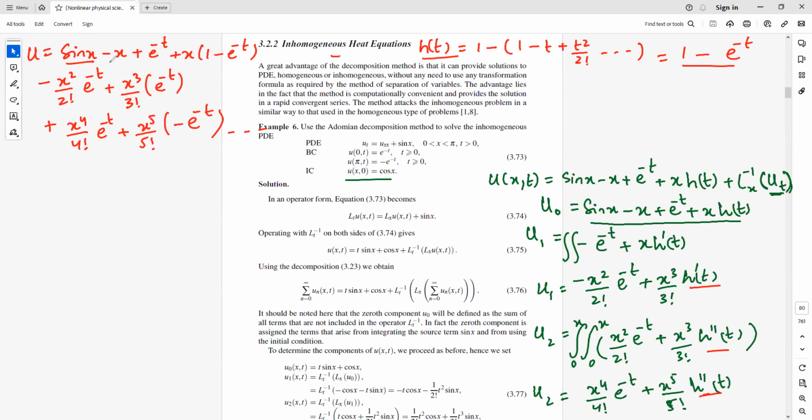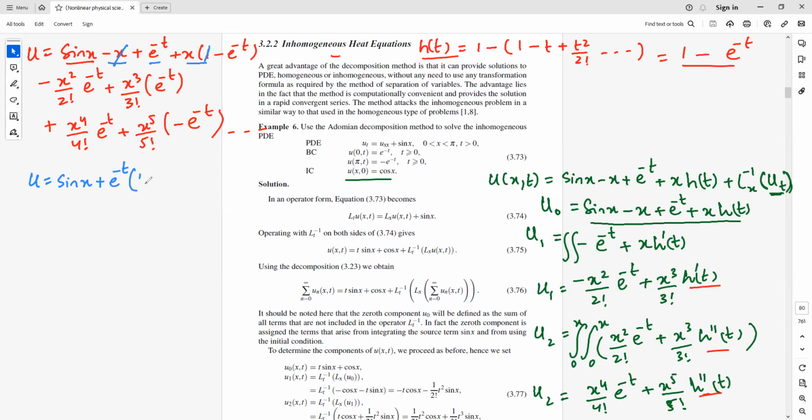This one is negative x and this is positive x. So this negative x cancels with this positive x. So we are left with sine x plus, if we take e to the power negative t as common in these expressions,